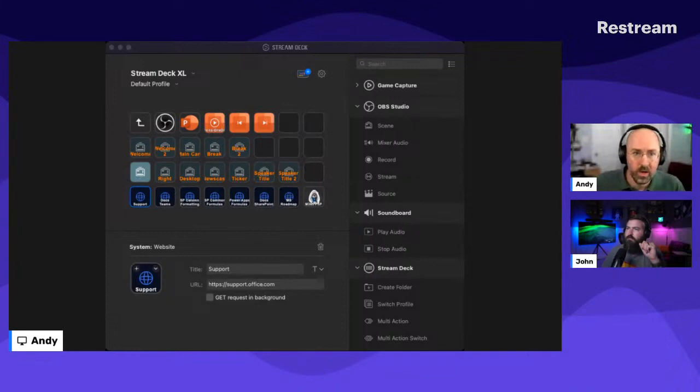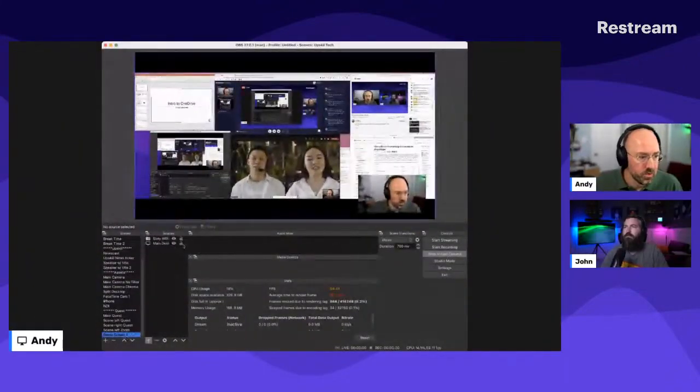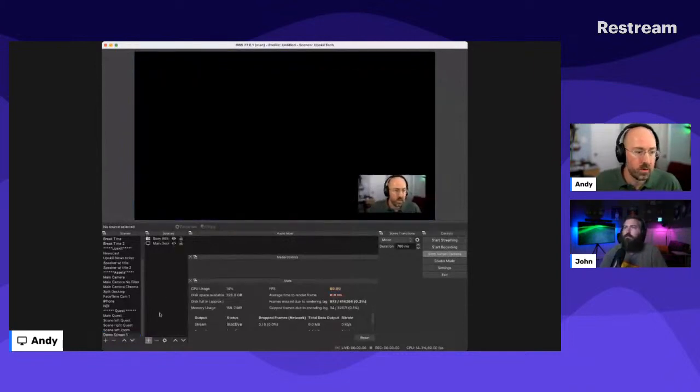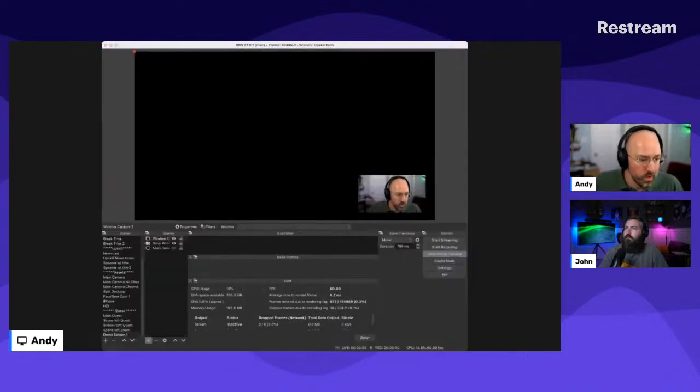If I'm delivering a PowerPoint, I've got a couple of buttons to move from this slide to this slide. You can bring the PowerPoint into OBS as well, so I'm going to quickly show that. Let me go back to OBS real quick. Back in OBS, I'm going to go back to that demo screen I was working with. I'm going to remove the main desktop, and then add another source. I'm going to do a window capture, and I just need to tell it what to point at. So I'm going to point it at my PowerPoint presentation.